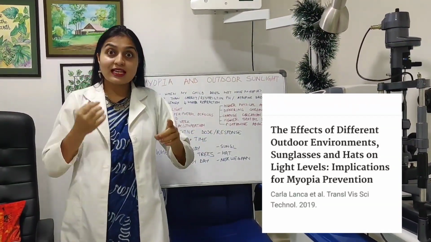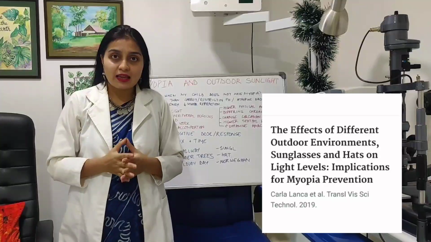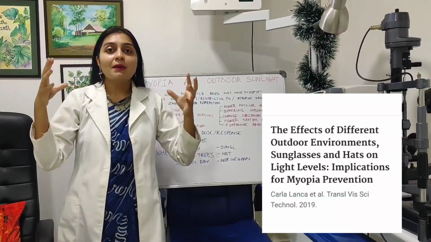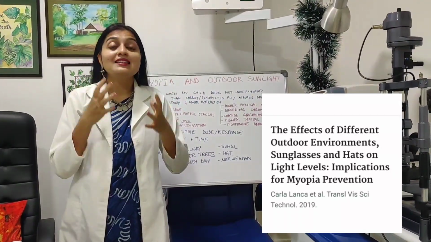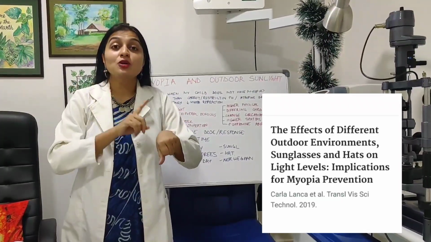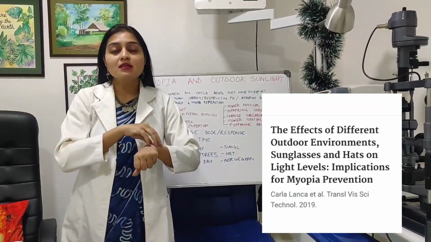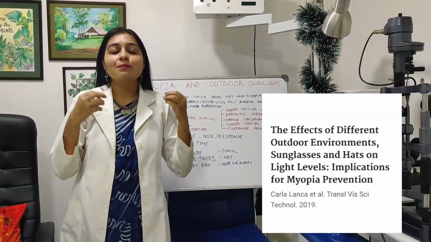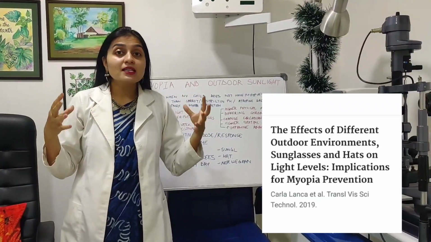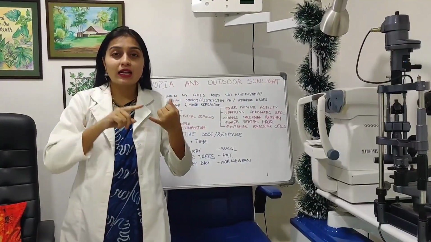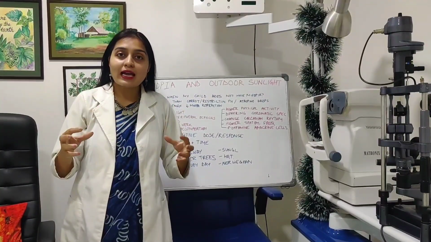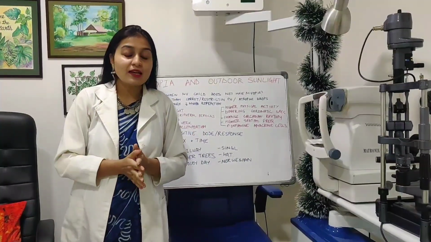So the first thing is it is the brightness of the light that enhances the myopia results, and this level of brightness is measured by lux. Luxometers have measured it, and even the brightest of rooms cannot compare with even a cloudy day. So outdoor lighting will always be brighter, right?